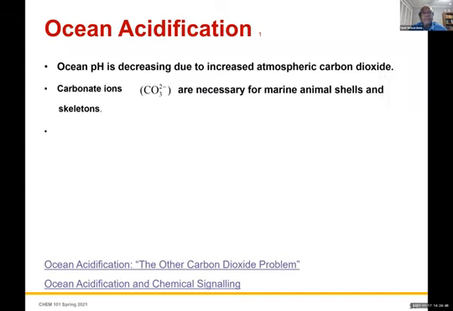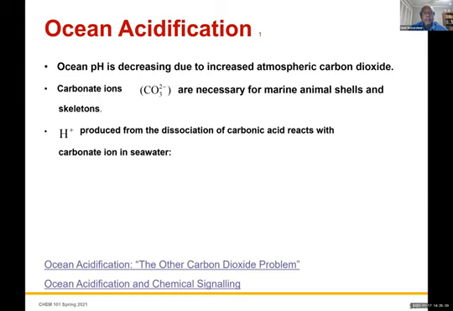So ocean pH is decreasing due to increased atmospheric carbon dioxide. Atmospheric carbon dioxide creates acidic pH. The carbonates are necessary for marine animal shells and skeletons. So carbonate ion is